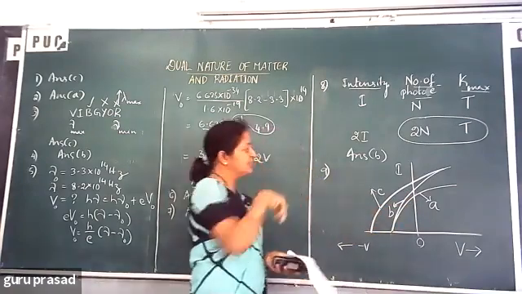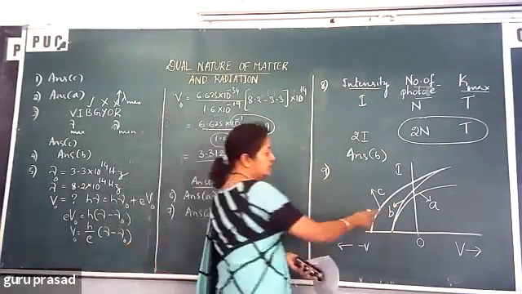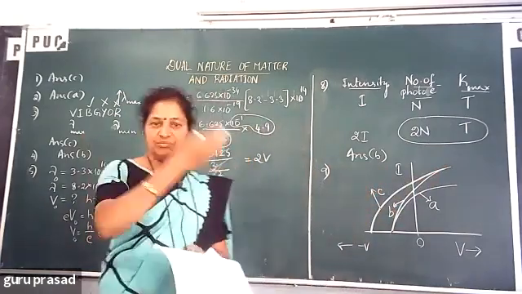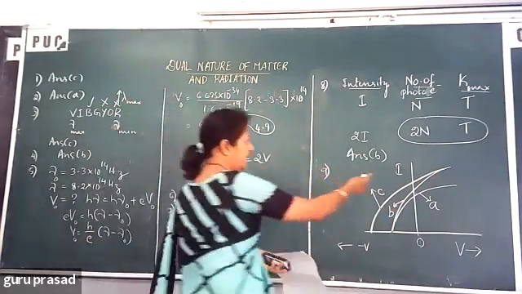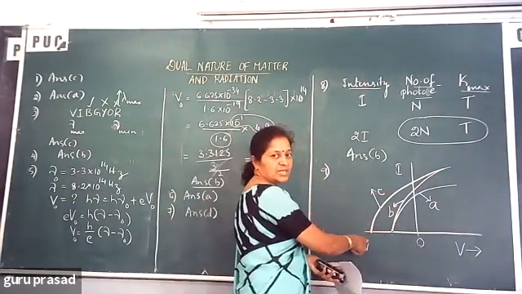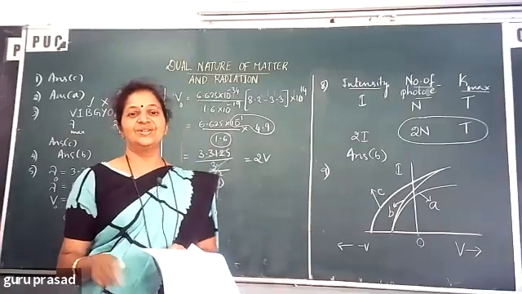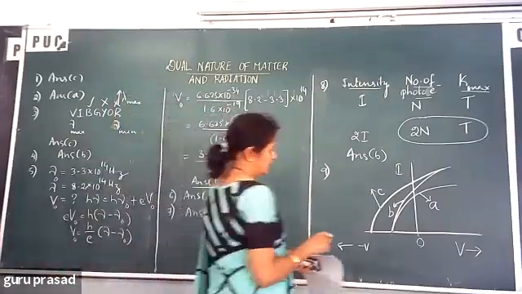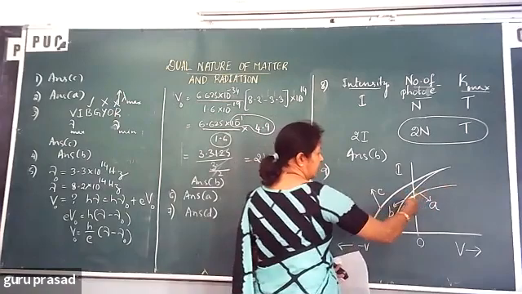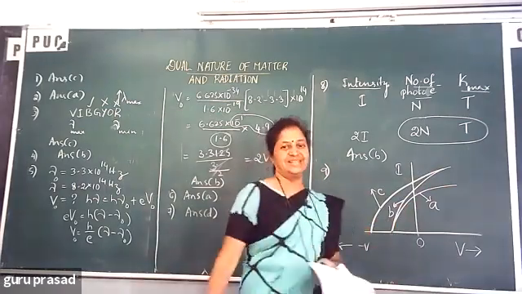Then look at B and C. Both B and C have the same intensity. They are joining together here. Intensities are same. What is differing? Their stopping potentials are different. It says the kinetic energy of the incident radiation is also different. Then if you observe A and C, both have different intensity and different stopping potential.